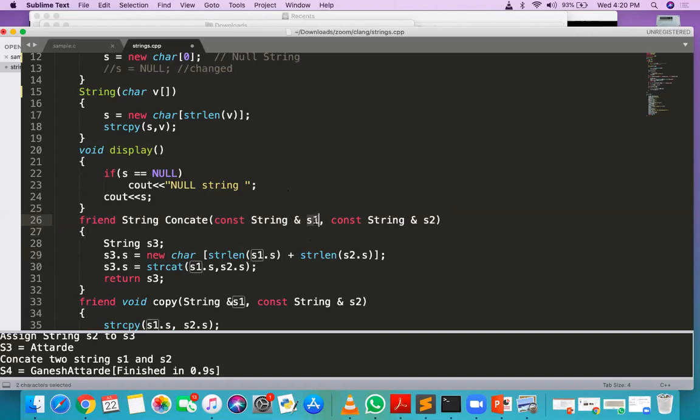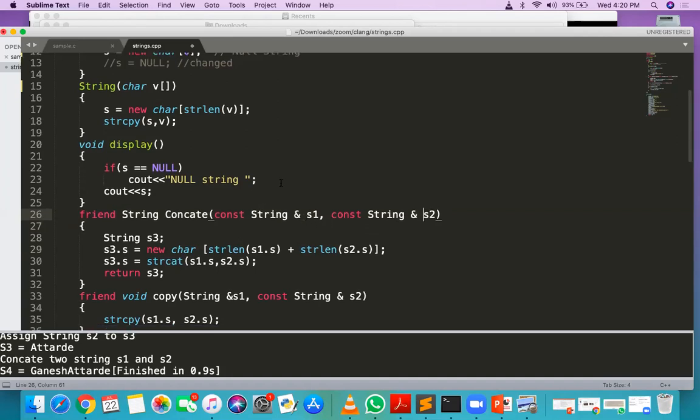So S1 you can directly access, S2 you can directly access. Where is that referred to, sir, S1 and S2? Yeah, it will be when you are calling this function, like concat C1 comma C2, suppose the object names are C1 and C2, and we are calling this function as C3 is equal to concat C1 comma C2.